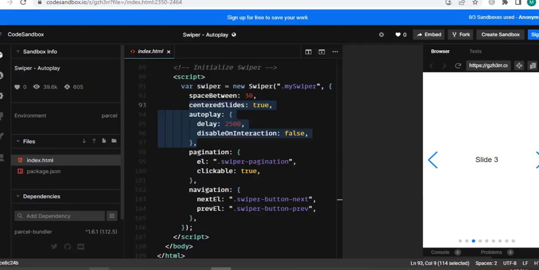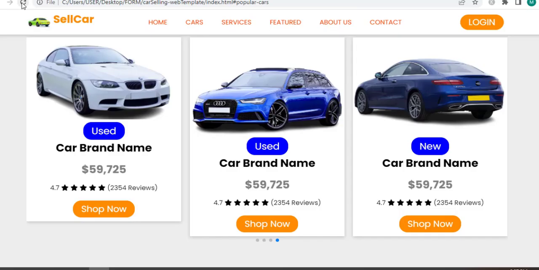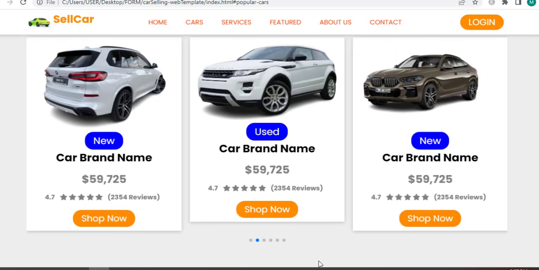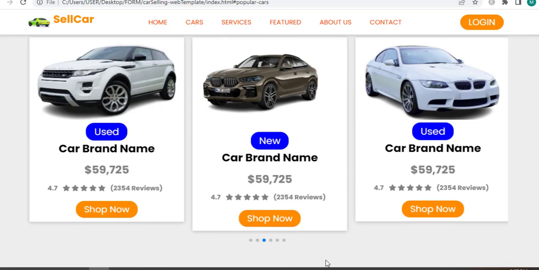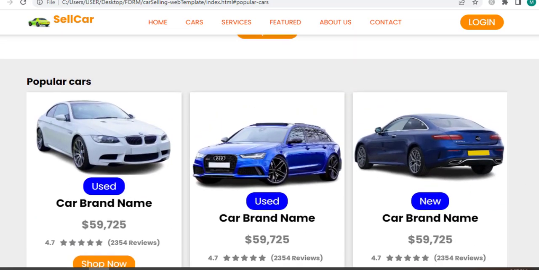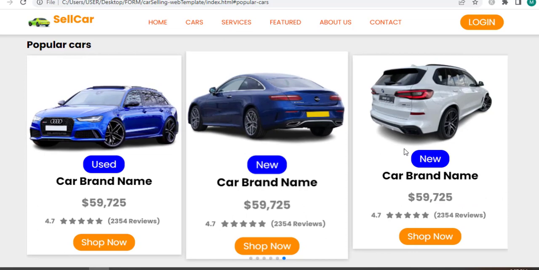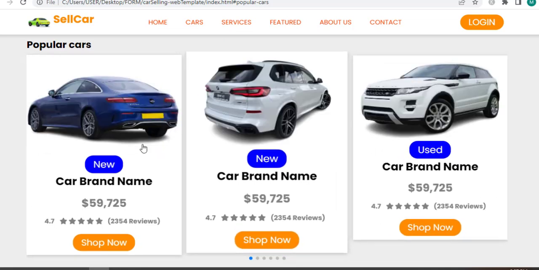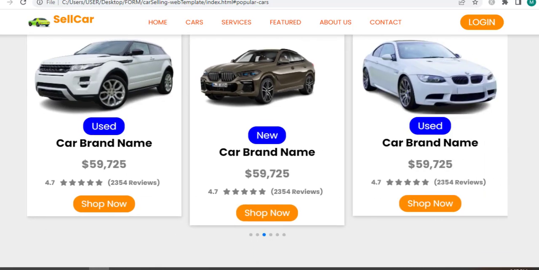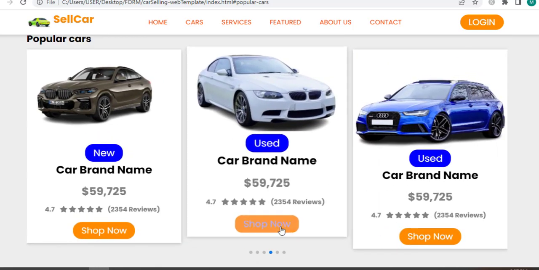here we are, a nice sliding effect, and it slides continuously without stopping right here. That's good. Alright, that's pretty nice. Alright, congratulations, we have just finished the home section and the card section right here in this video. So in the next episode, we are going to move to create the service section and the feature product